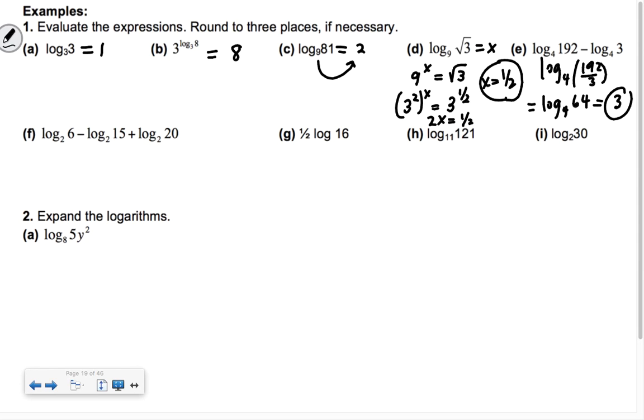But you could have combinations of subtraction and addition. So it's going to be log base 2 of 6 divided by 15. But then we're going to multiply that result by 20, right? And we're taking the log base 2 of all of it. So you can reduce things out. 6 times 20 is 120 divided by 15. Yeah? You have 2x equals